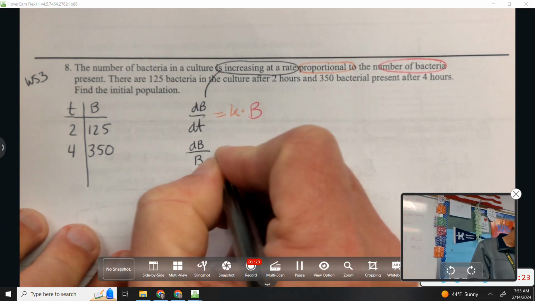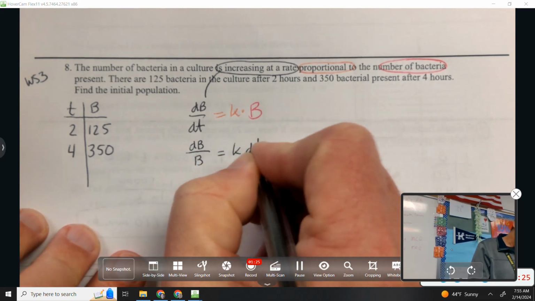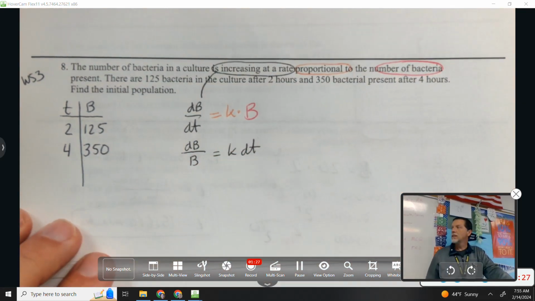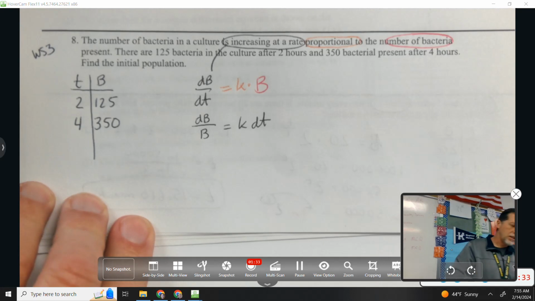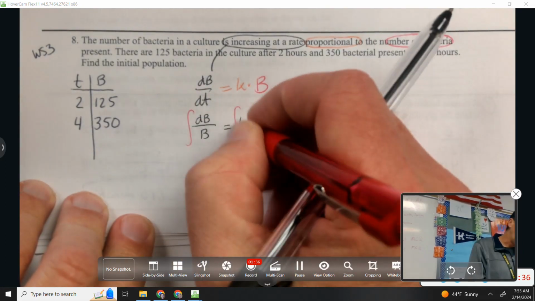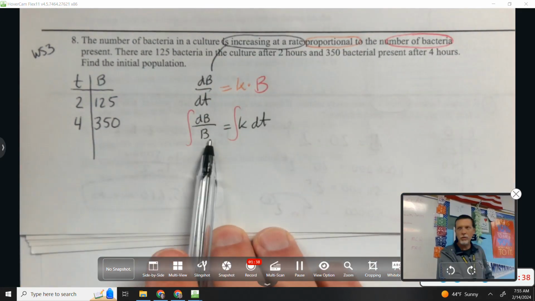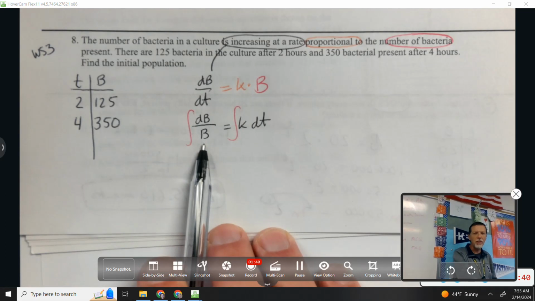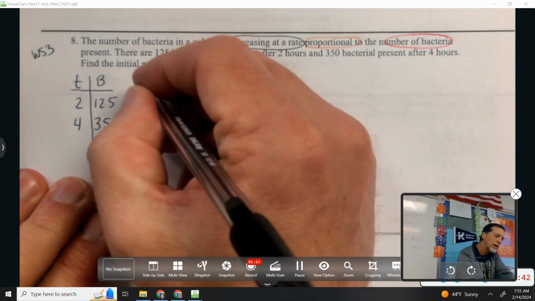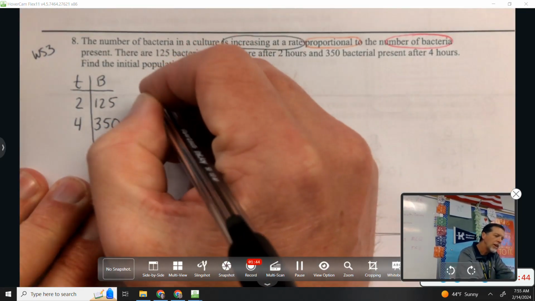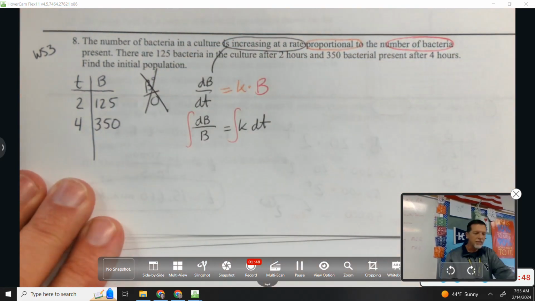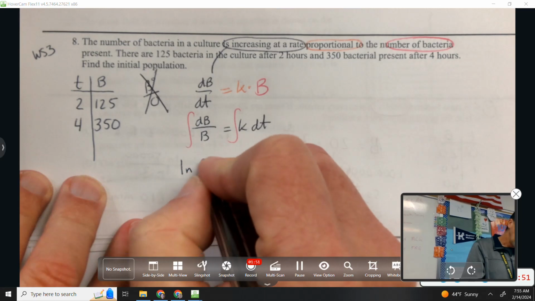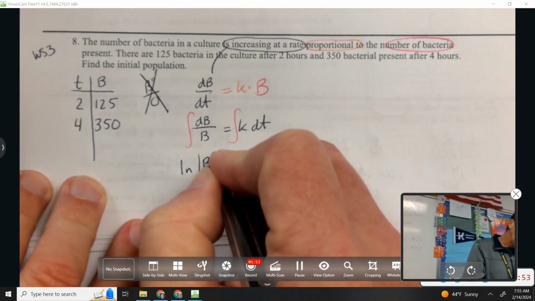dB over B equals k dt. Okay, this is what we were just working on. Power rule or natural log? Natural log. Again, if you aren't sure, then you start out trying power rule. And you say, well, b to the -1, if I increase the power, I get b to the 0. And then I divide by 0, and then realize, wait a minute, that doesn't even work. Because it's natural log. So, natural log of b